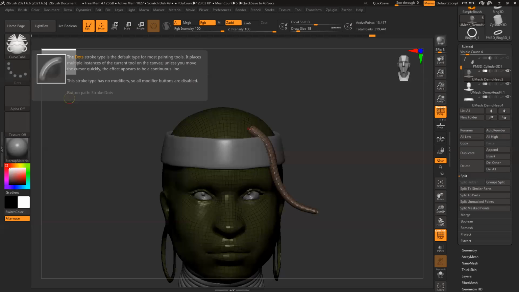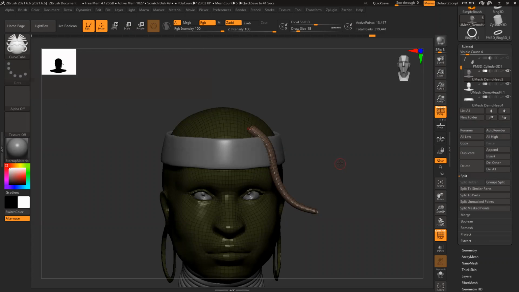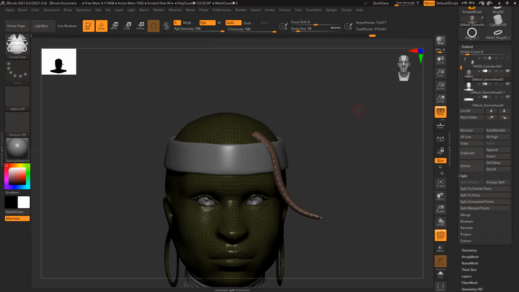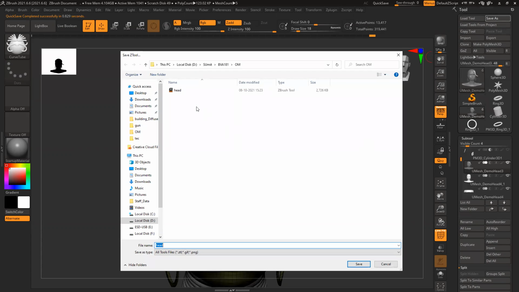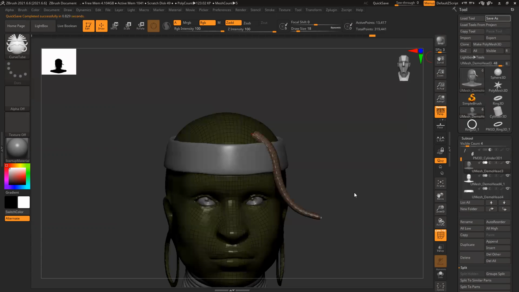Let me think quickly. Quick save. I use clay buildup to add all the volume, to reduce. I don't add any cut or loop or anything. There's no detail. I try to avoid any kind of detail initially. Once the basic structure is ready and I'm happy with it, then I'll start adding detail.